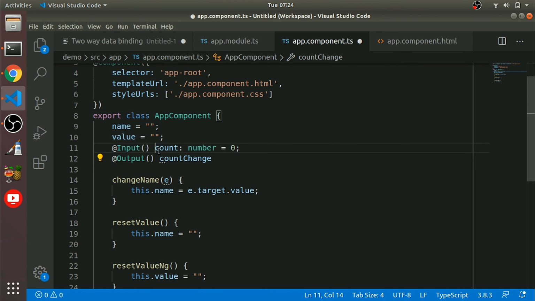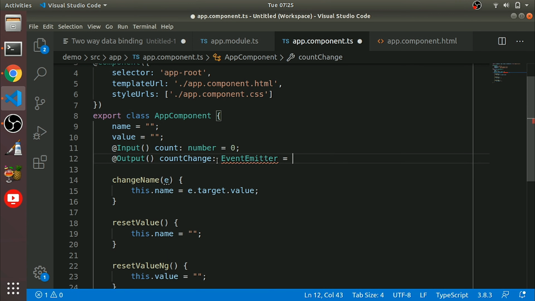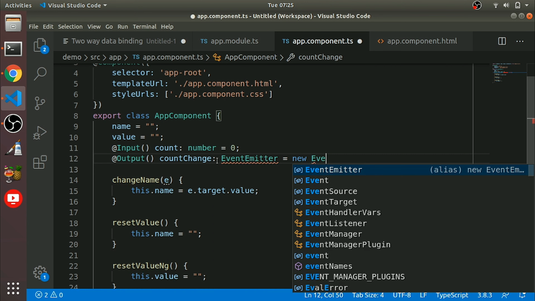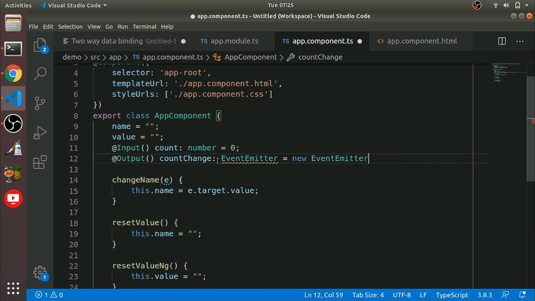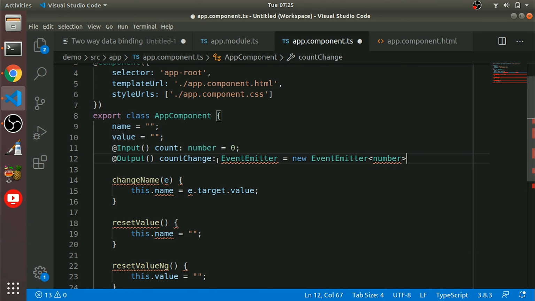We are using count, then the corresponding event will be countChange. This belongs to the type EventEmitter of type number.